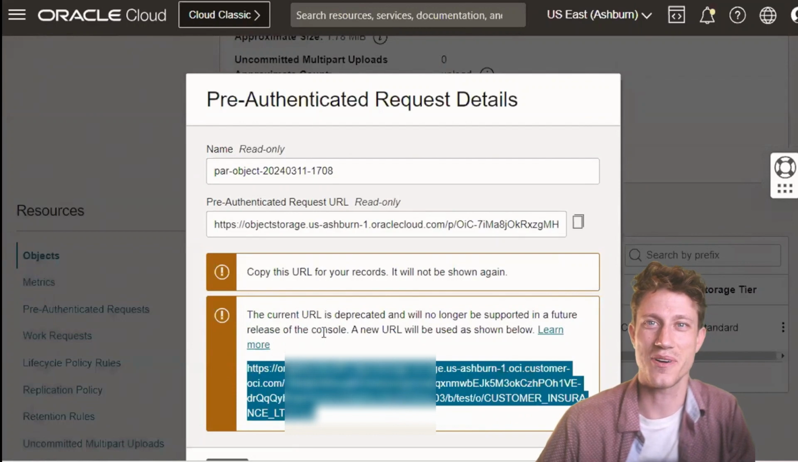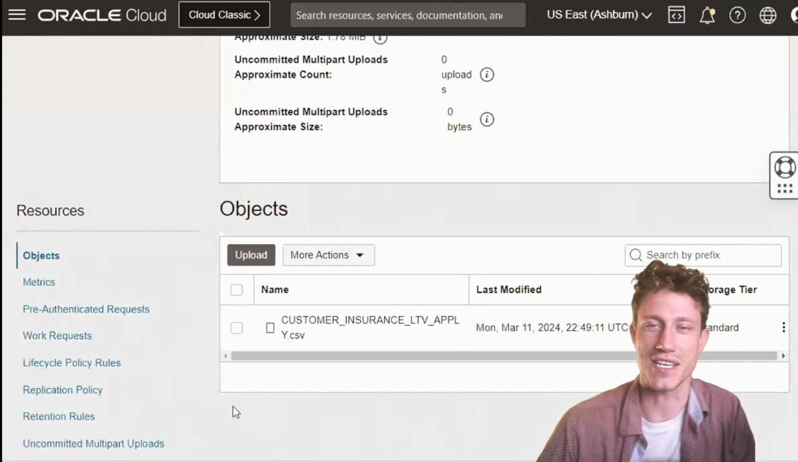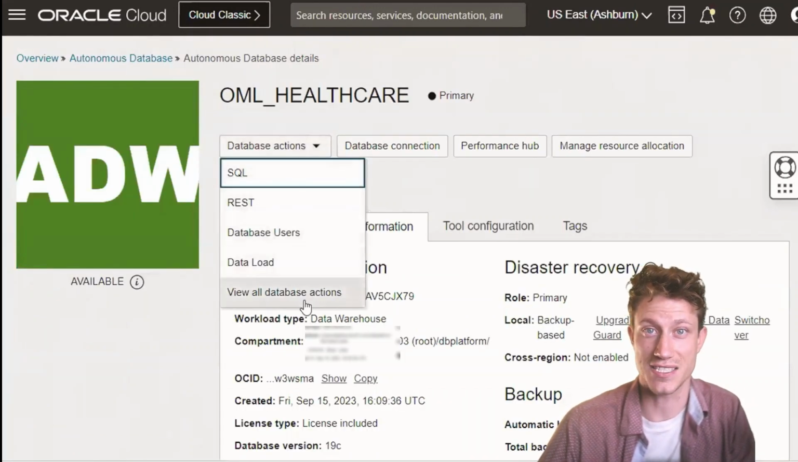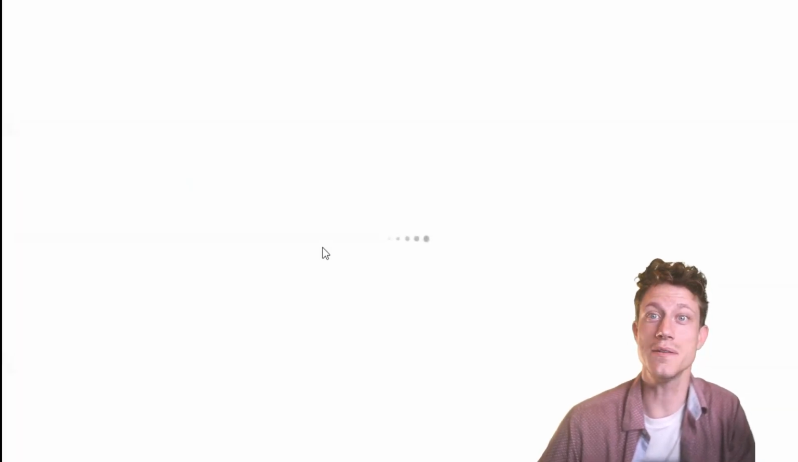Now navigate to our SQL actions. So back to our ADB and then click on SQL Worksheet. And then here we can go directly using SQL or using database actions. I'm just going to hop right to it using the SQL link. And here I've created a simple PL SQL